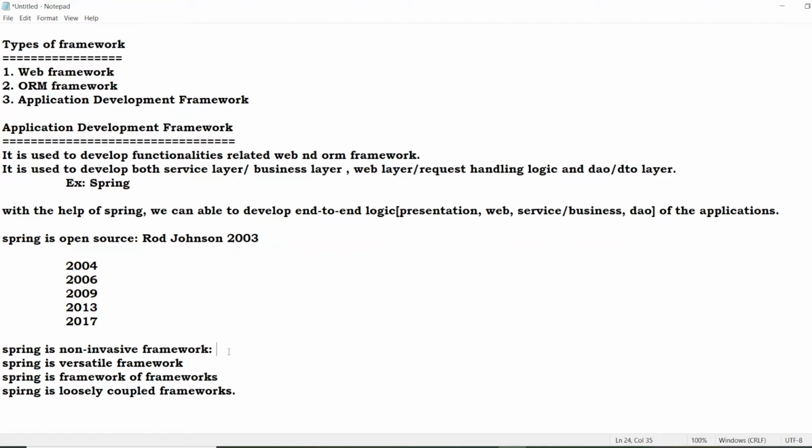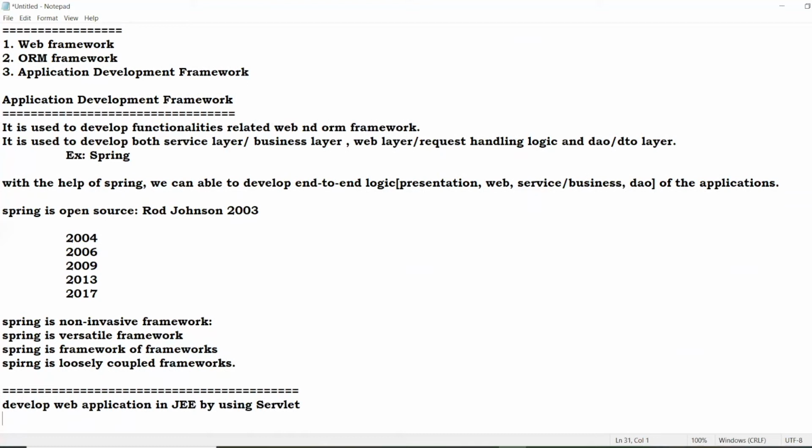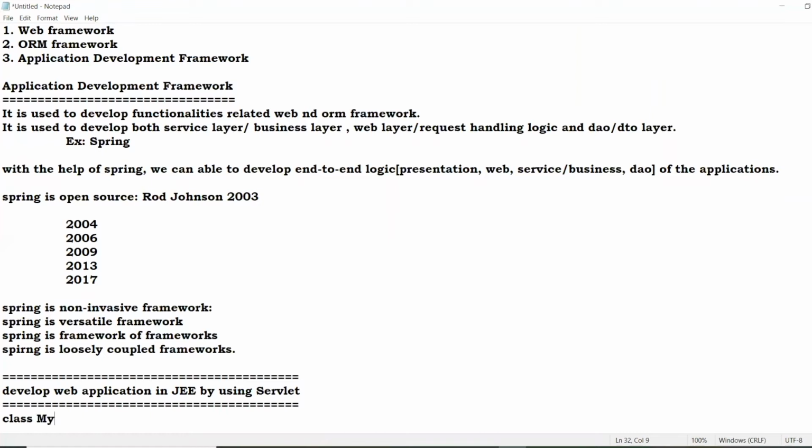If you want to develop a web application in J2EE using the servlet concept, what type of code are we writing generally? Generally people write this: public class MyServlet which implements the Servlet interface.